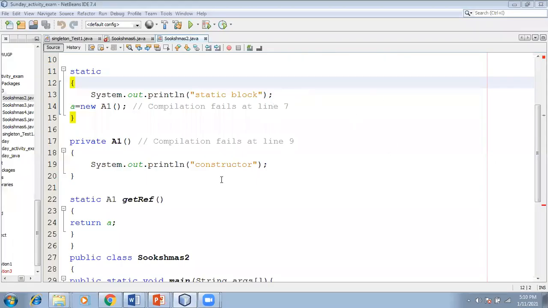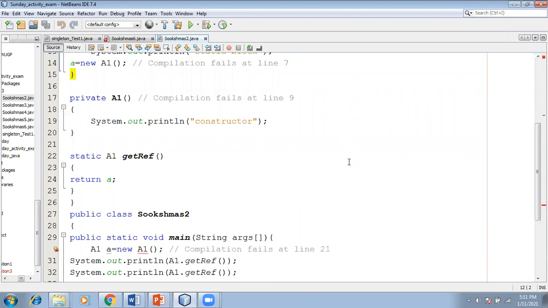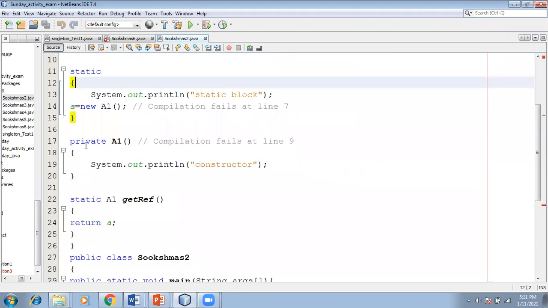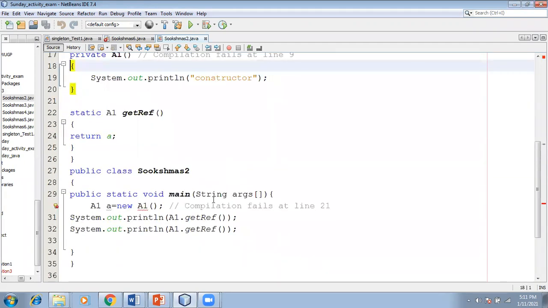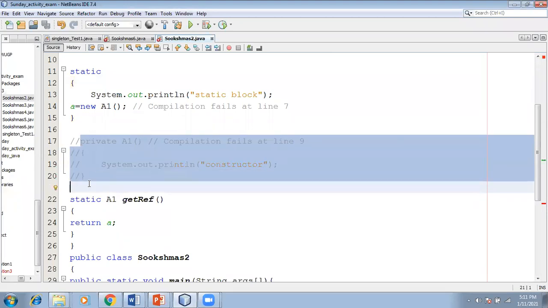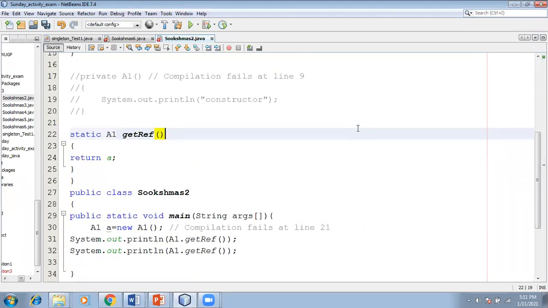This is another way of achieving the singleton class with the help of the static block. Here we are introducing the private constructor, so that's the reason you are getting the compile time error. Suppose if you comment this one, then there is no error.